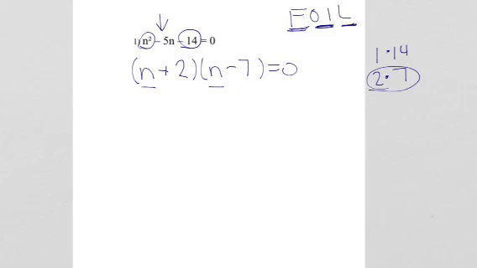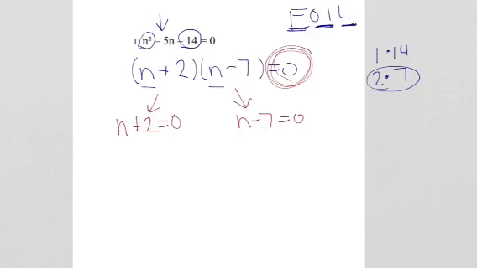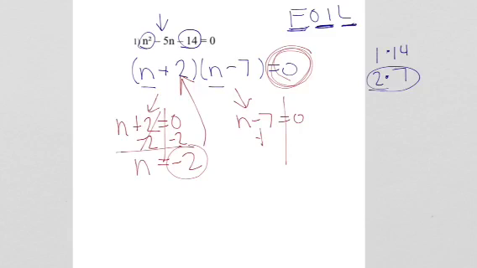But we're still not done, all because of this equals 0 out here. So we need to figure out a way to turn the first parenthesis into 0, and a way to turn the second parenthesis into 0. And there's a shortcut to this. We found out that by splitting it, subtracting 2 on both sides, what you end up with here is the exact opposite of what you had here. And the same thing happens for the second one. You add 7 on both sides, and the shortcut was that this answer ends up being the opposite of this